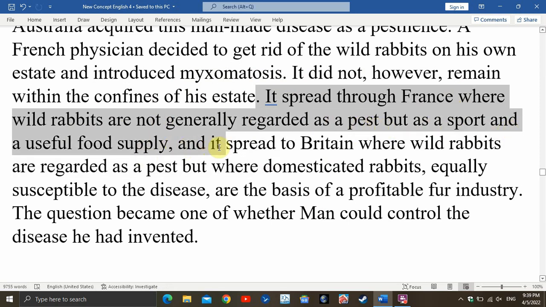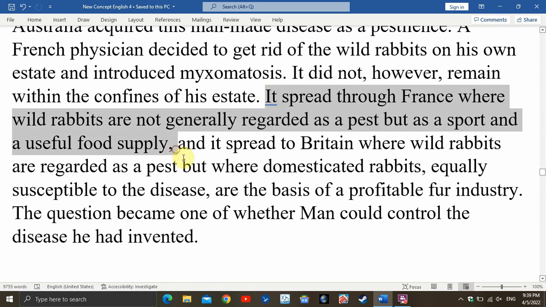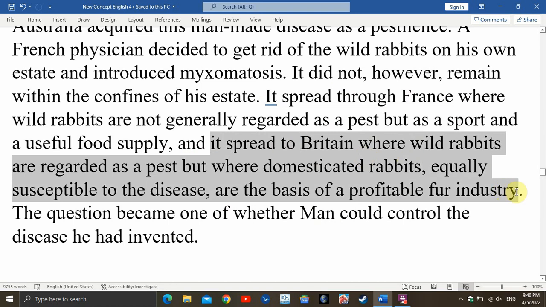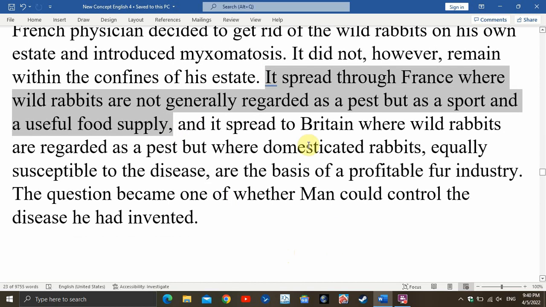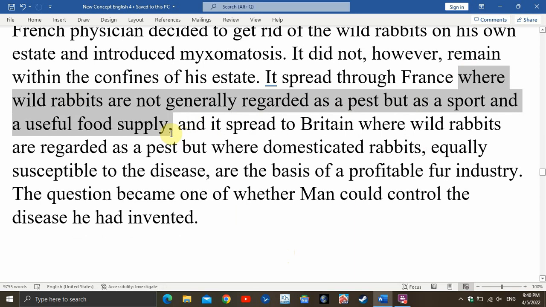and it spread to Britain, where usually 好的意思，这句长了。这一句由两个分句构成，用 and 并列。第一句是 it spread through France，第二句是 spread to Britain。我们先看第一句，it spread through France, where wild rabbits are not generally regarded as a pest, but as a sport and a useful food supply。这是一个地点状语从句，修饰 France。